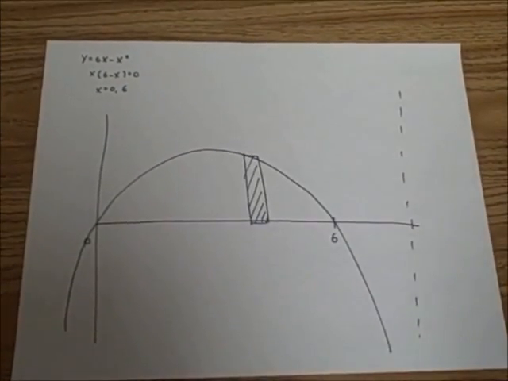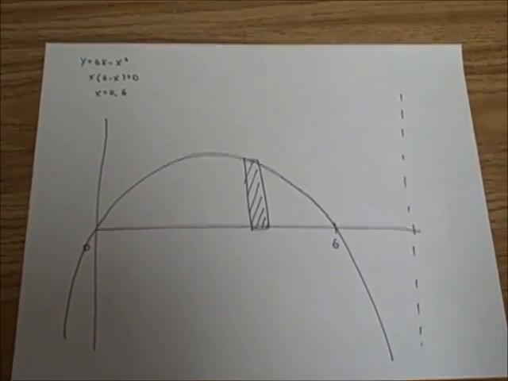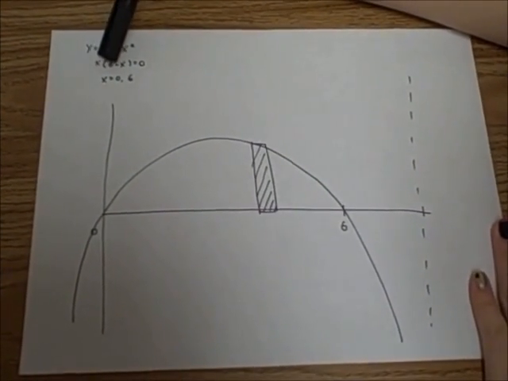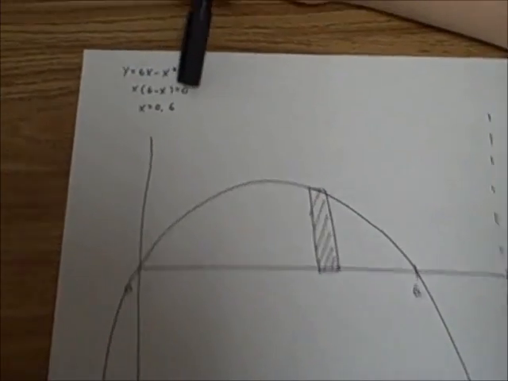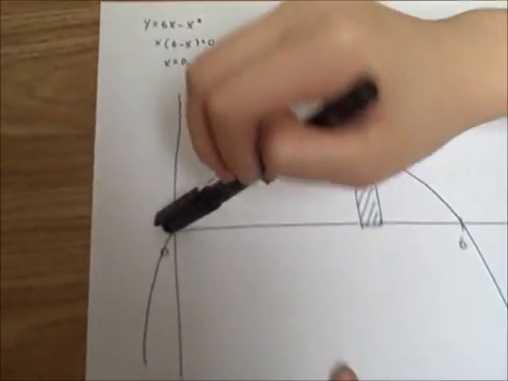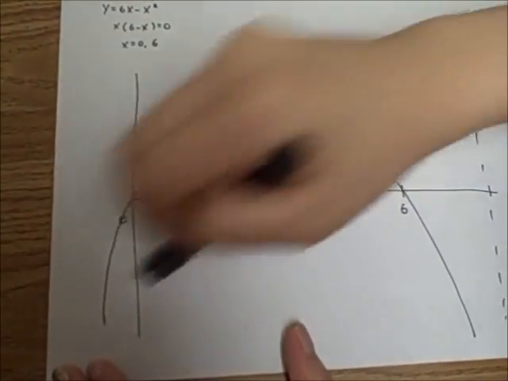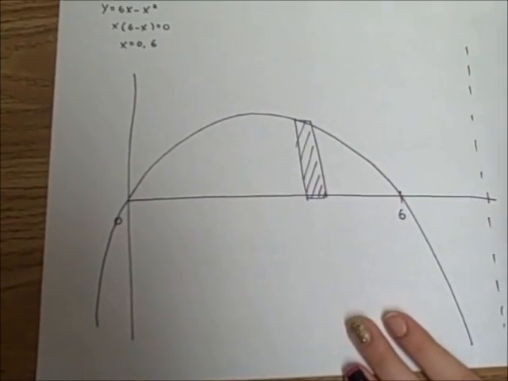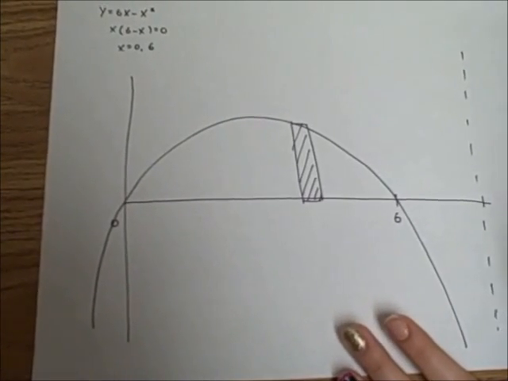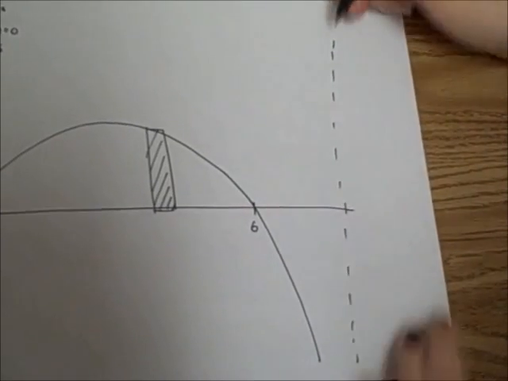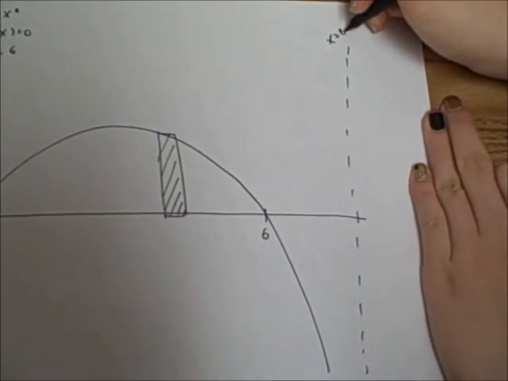Okay, let's start drawing y equals 6x minus x squared first. We factor this equation first: x times (6 minus x), and we have zeros at x equals 0 and x equals 6. So we draw 0 and 6, and we draw a graph here, and we said we're rotating this graph about the line x equals 8. So we draw the line x equals 8, and there's